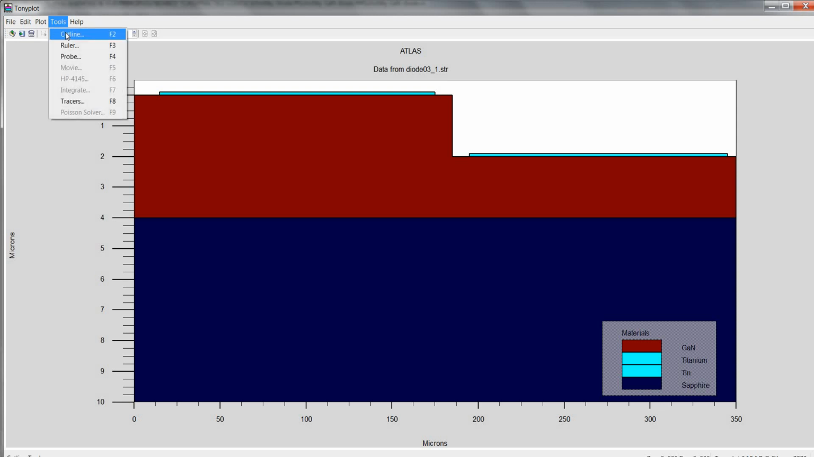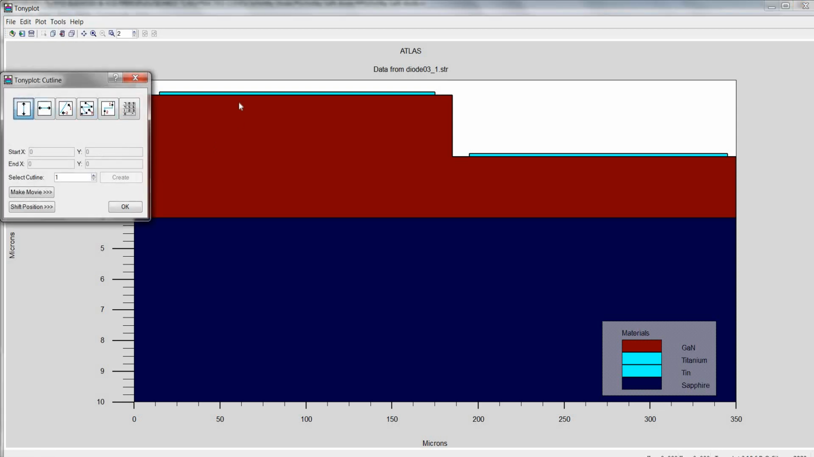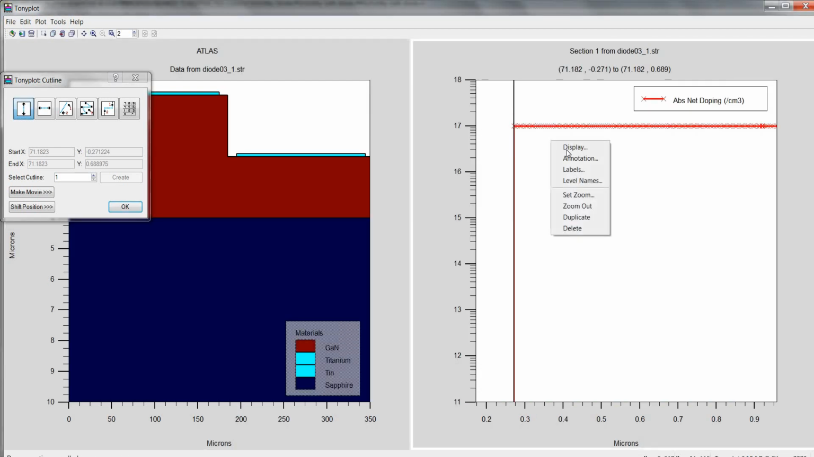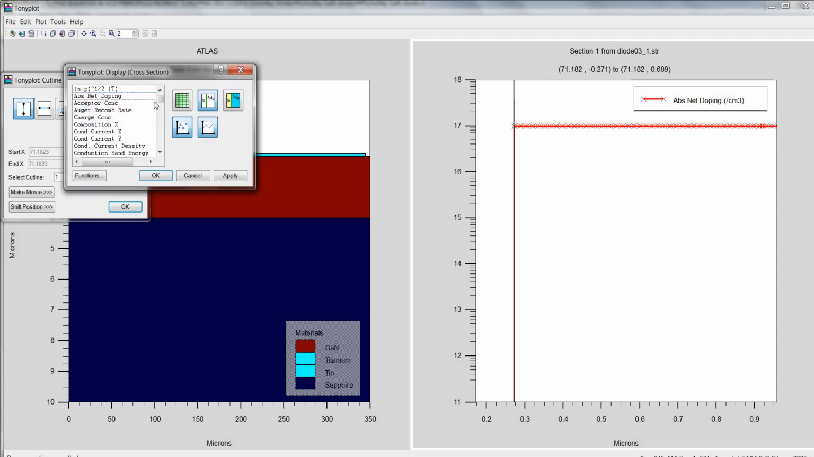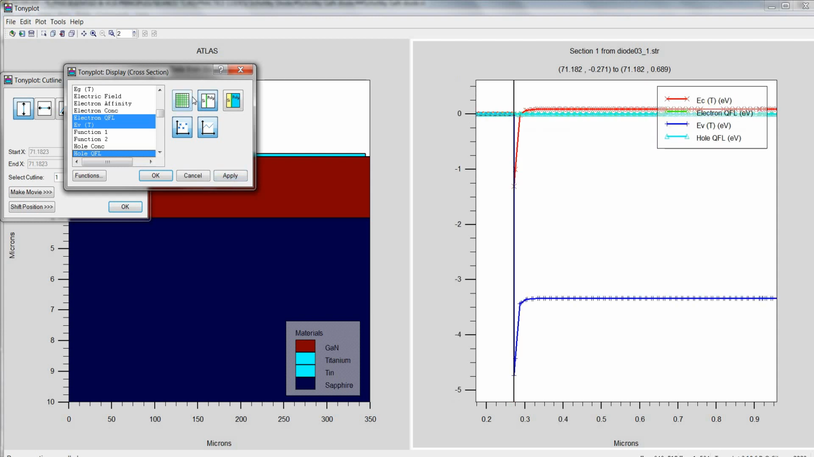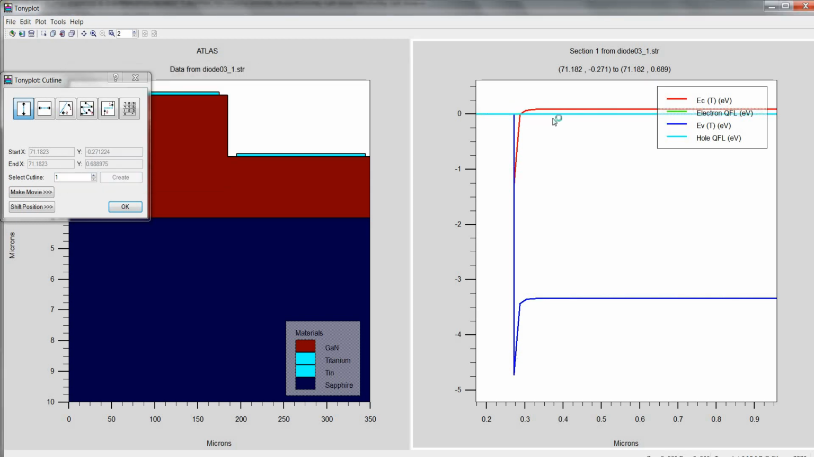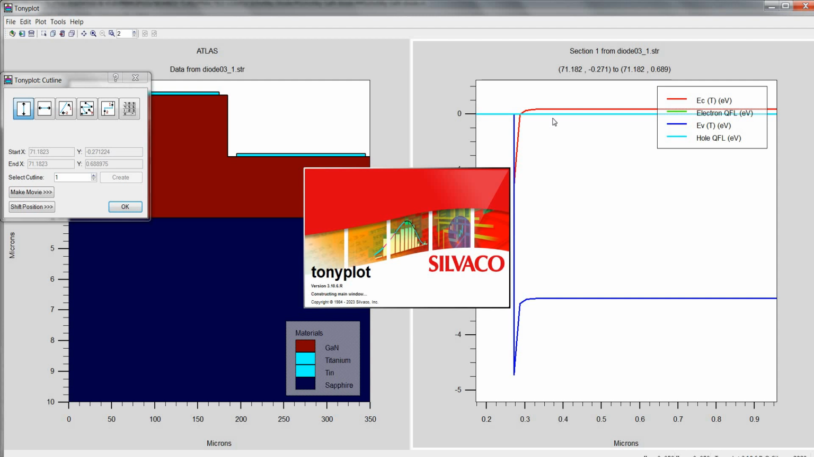Let us look at the energy band diagram of this structure under thermal equilibrium. So for that purpose, I go to Tools, Cut Line, I'll draw a cut line over here, and then we look at the conduction energy level and the valence energy level, and also at the quasi-Fermi energy levels. As we can see, since this is an N-type semiconductor,